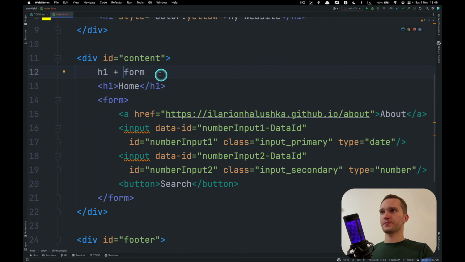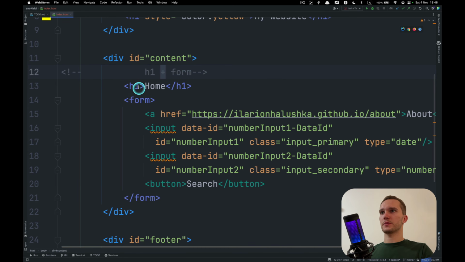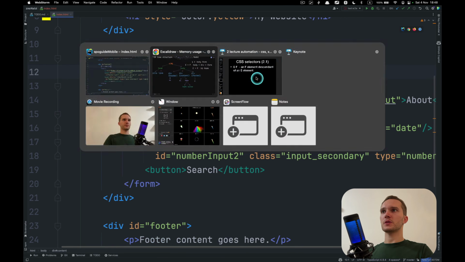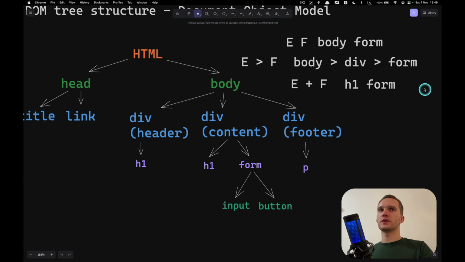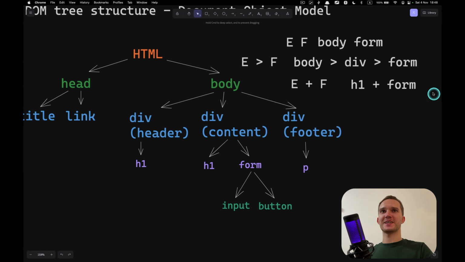The plus stands for siblings, and the next sibling is form. So we located the H1 with this selector, and then we are locating the form. So these are 3 kinds of relations between selectors, depending on which symbol we put in between. Sorry, by the way, here I have to put plus.